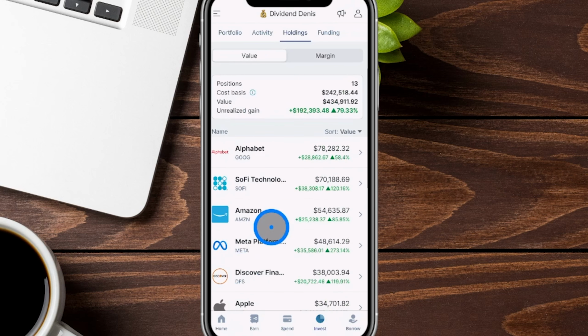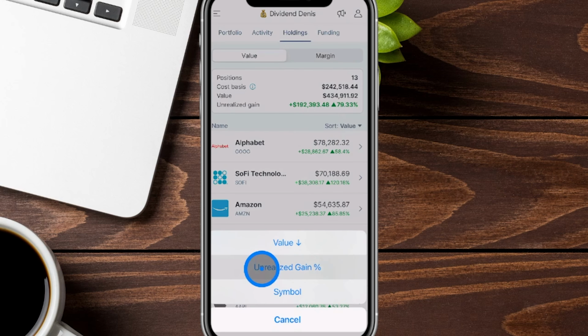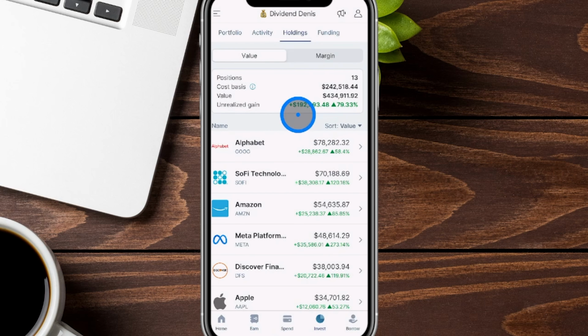So these are all the different companies. You can have them sorted by value, you can have them sorted by unrealized gains, or even by the symbol if you have a lot of them and it's easier for you to kind of go through and find which ones you're looking for. Now over here too, you could see unrealized gains in total here,